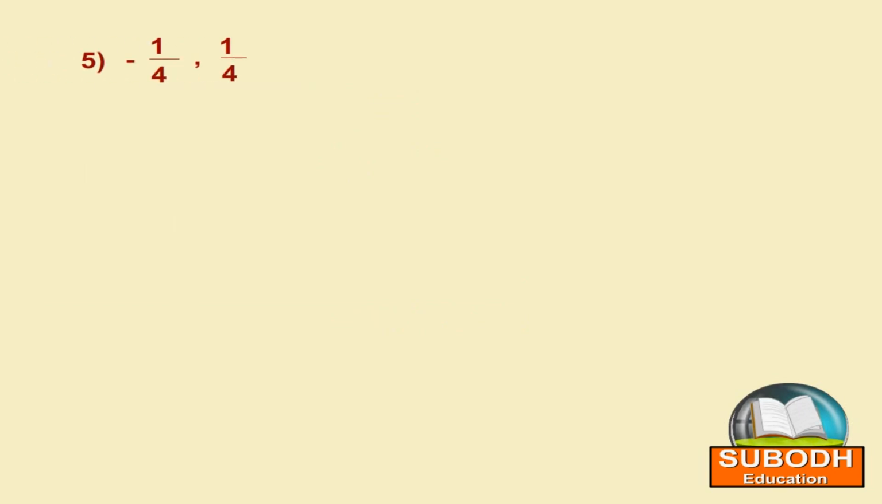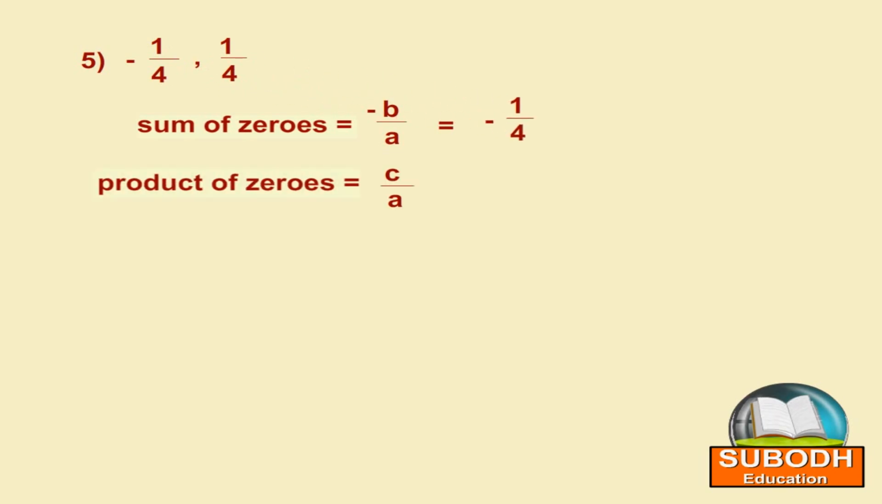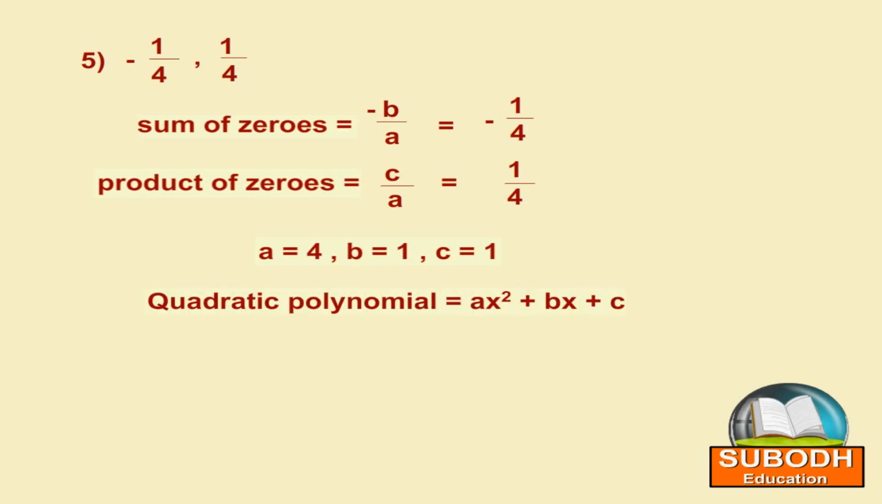Example 5, minus 1 by 4, 1 by 4. Sum of zeros, minus b by a is equal to minus 1 by 4. And product of zeros is c by a is equal to 1 by 4. In both cases, a is 4. Therefore, a is equal to 4. Minus b is equal to minus 1. b is equal to 1. c is equal to 1. Quadratic polynomial ax square plus bx plus c, a 4x square plus b 1x plus c